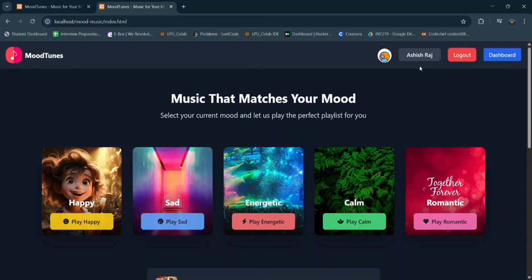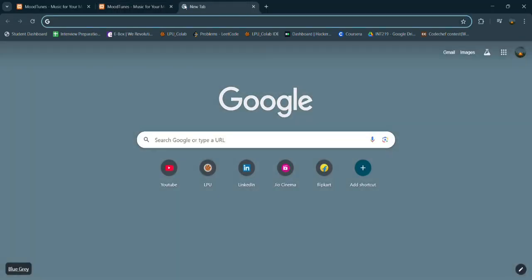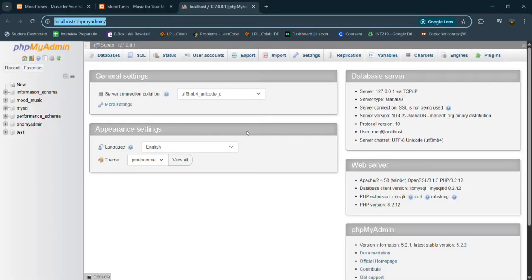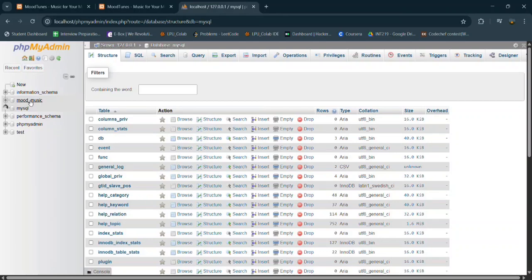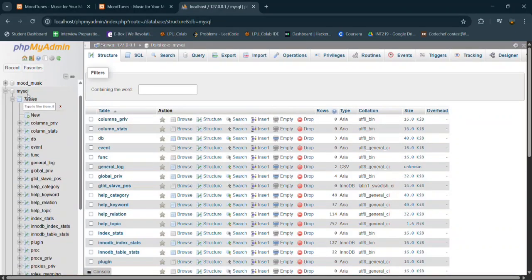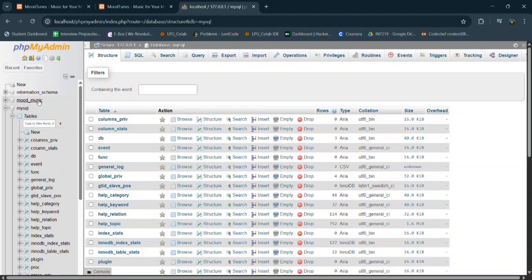For the backend, we manage two tables. For example, if I show you my backend part, we will start again. Yes. Now the backend part is open. In the backend, you can see we are managing two main tables.